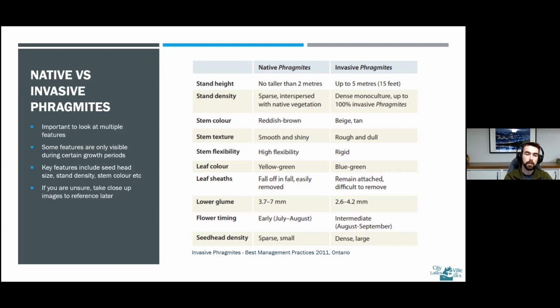And then the leaf or the seed heads themselves are also much different when you actually look at the structure of them. One of them is much larger and one of them is a lot smaller. And if you're unsure, if you do happen to see a patch, if you're just walking around somewhere and you want to look it up later online or something like that,